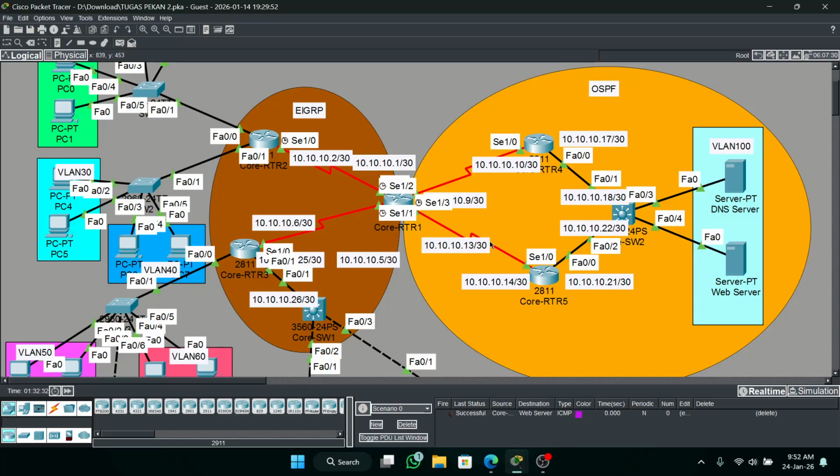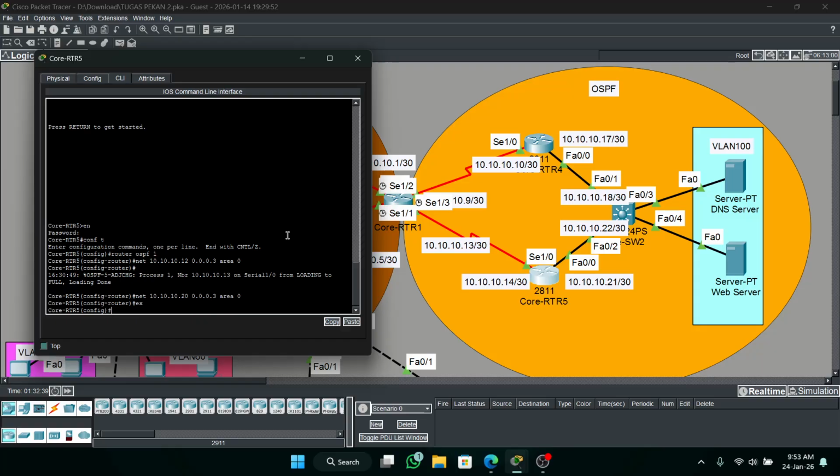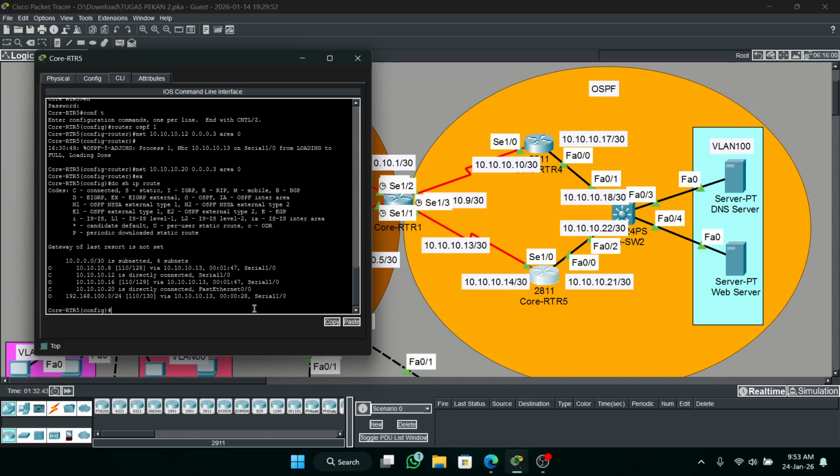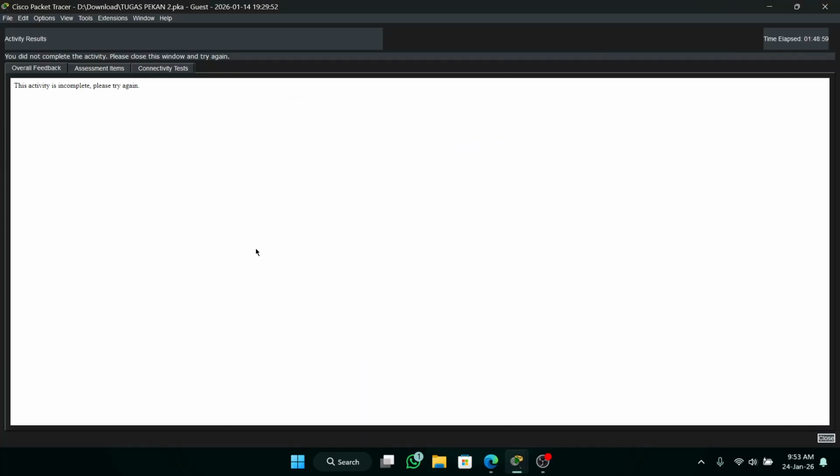Testing ping successfully. I will show IP route. 16 what? 16 versus 16. Wait, for the activity, how is the activity? Okay, 97%.